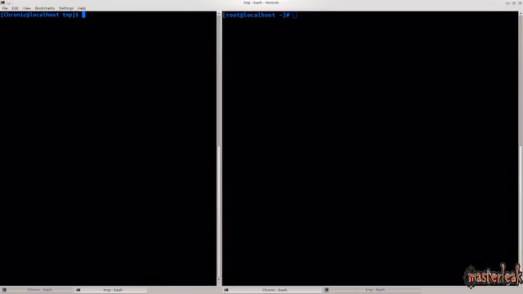Now also, you might have noticed that I have split my terminal view here. I have split it for two reasons. I primarily want to be able to view the files as they are created in the folder in which they are created. But before we get into all of that, I would just like to show you what we're going to do today. So I'm just going to type in